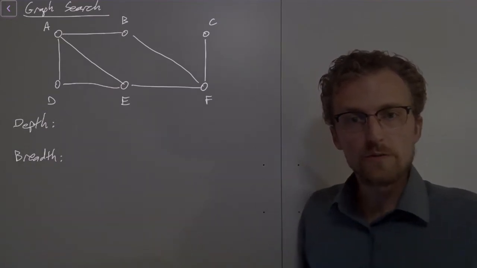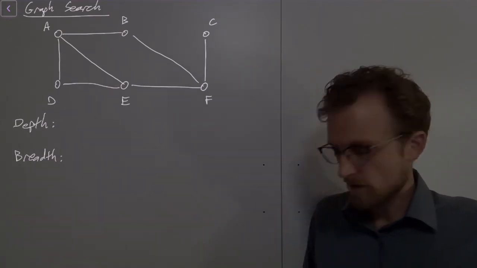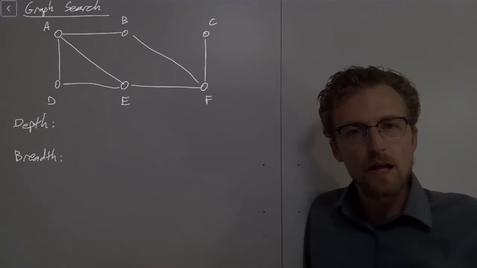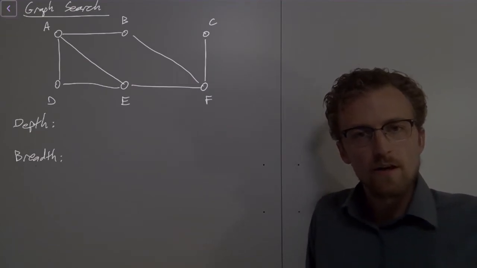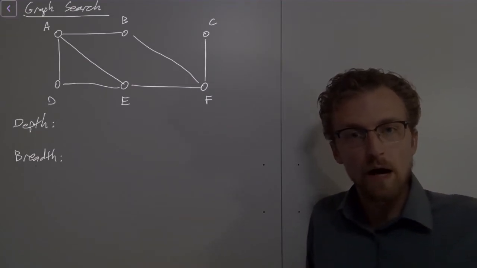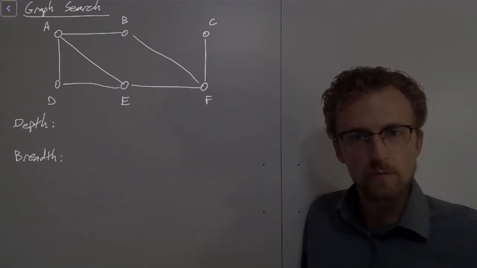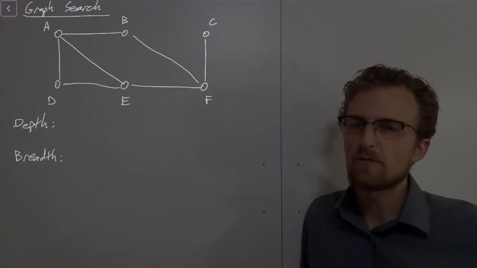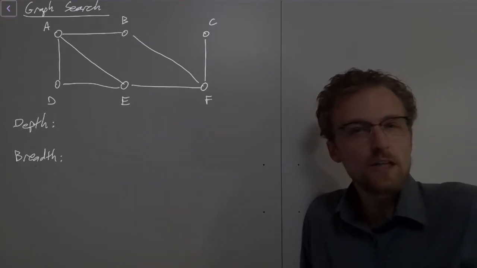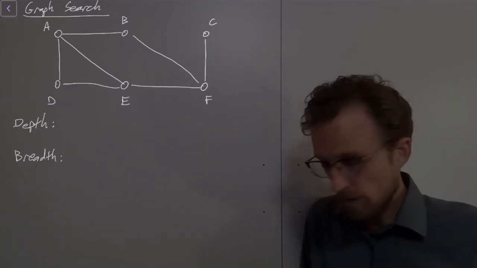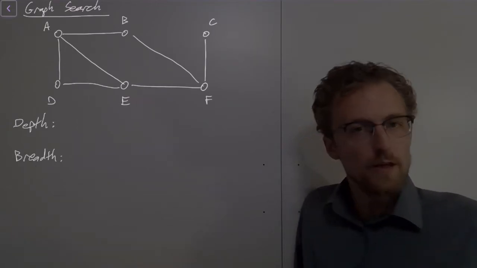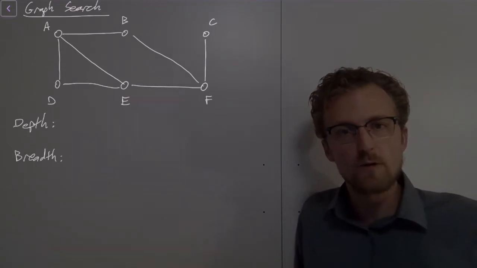So I want to talk briefly about graph search problems. This is a fundamental algorithm challenge. It's something that everybody should know about, and it's the kind of thing that needs to be in our lingo, right? We should be able to talk about depth first search and breadth first search without thinking too hard about what's going on. And so let me give a very, very informal introduction to how depth first and breadth first search